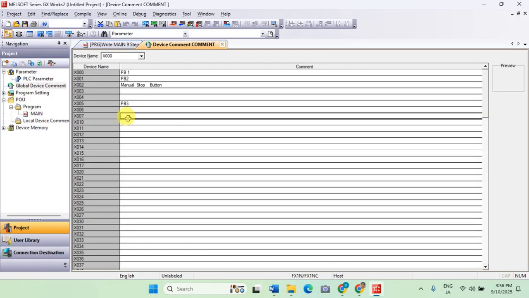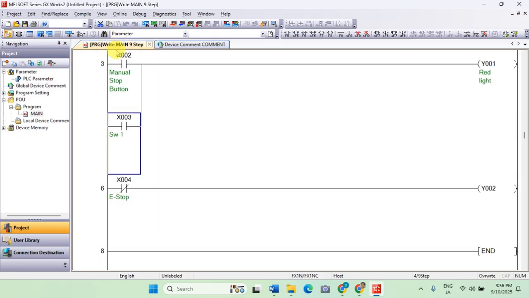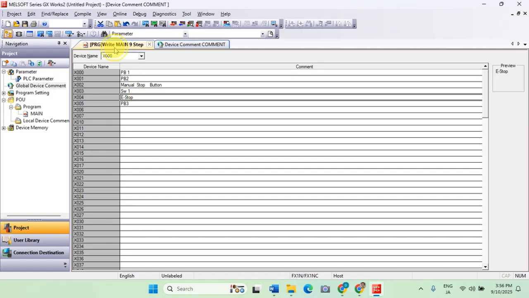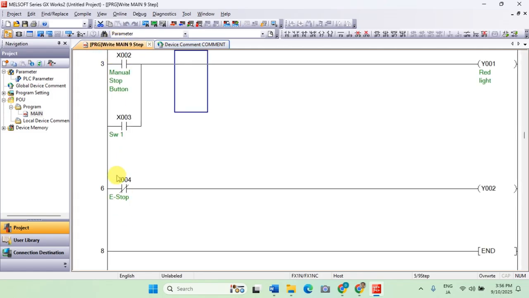So let's just add switch 1, and for the X4 is stop. Okay, when we add a comment here, it will automatically update on our ladder diagram or ladder program.